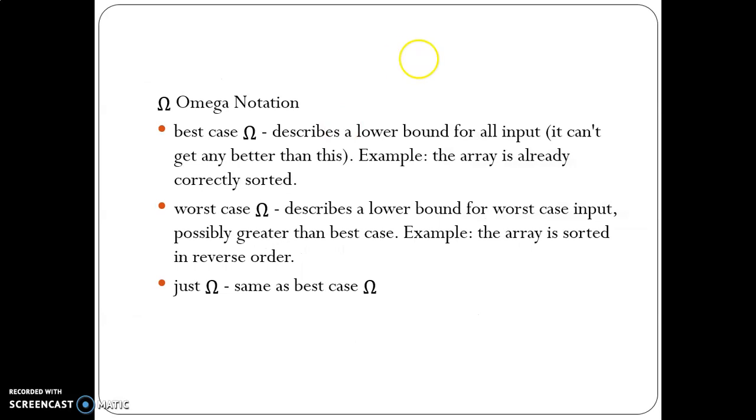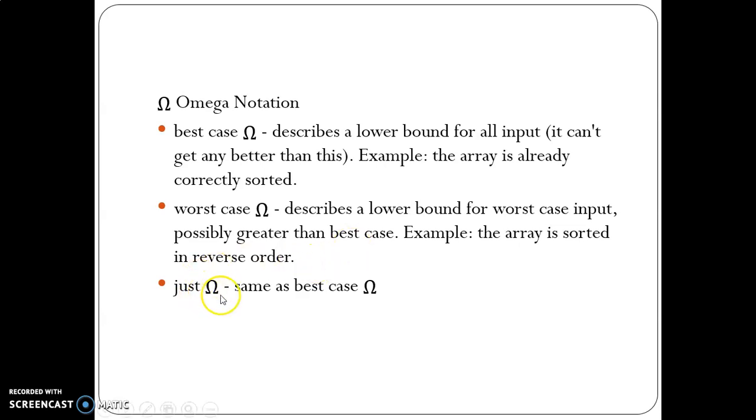Now that we have learned the best case and the worst case complexity, if we are using the omega notation to denote the best case complexity, that means that it describes the lower bound for all the given inputs. Whatever inputs we have with us, this is the lower bound or the minimum time that we'll be taking in the best case inputs. Worst case omega means that it is a lower bound for the worst case input. The worst case input cannot take a time less than what we are specifying here. This is what it will mean in the worst case complexity.